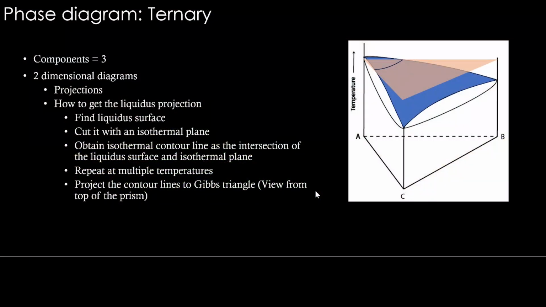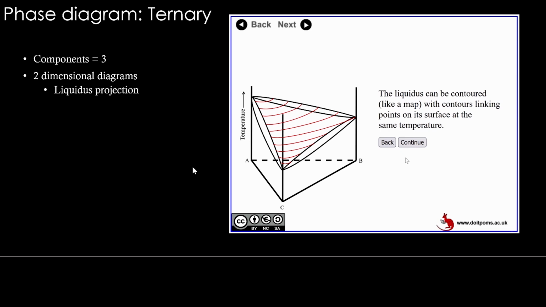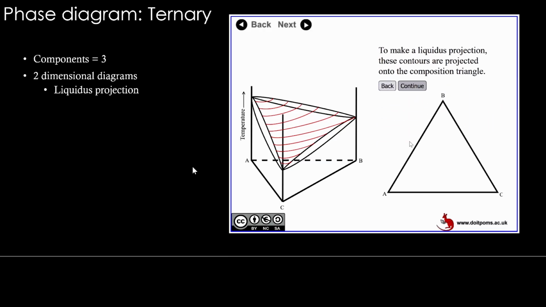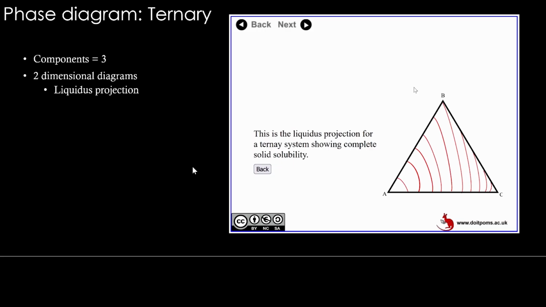This is a small animation where you see again similar isothermal sections on all the sides, that kind of a ternary prism, and you see how the liquidus projection is identified from this. So these are all the cut surfaces at different temperatures, from high temperature to low temperature. The contour line, you can see this is the entire contour line. And if these things are taken and projected into a Gibbs triangle of this sort ABC, they're going to look like this. So this is what a liquidus projection is. So I hope it is easy for you to visualize now.